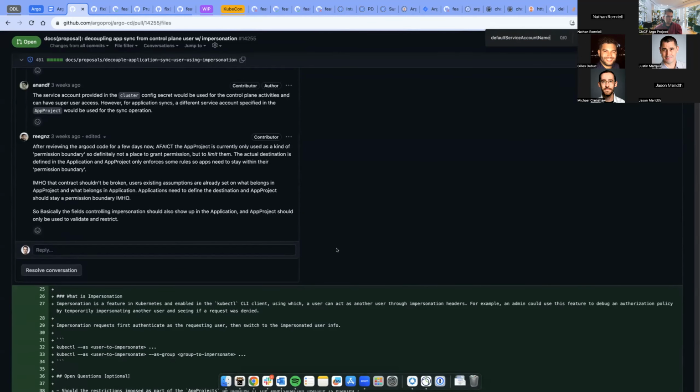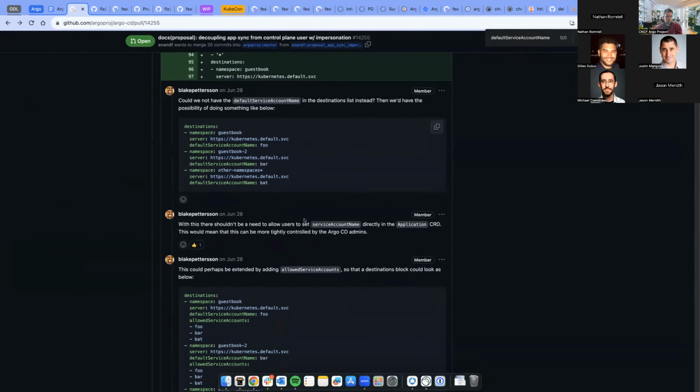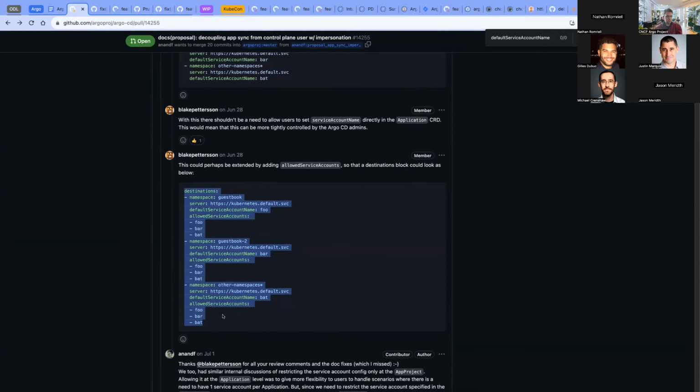Okay. Let's see, if you want me to type out the example real quick, I can do that, or share and type that. So this section here is part of the application resource or the app project? App project. Okay. Leah, do you mind if I steal the share for just a second? Yeah, you can steal it, no problem. I'm going to show what I think it would end up looking like.